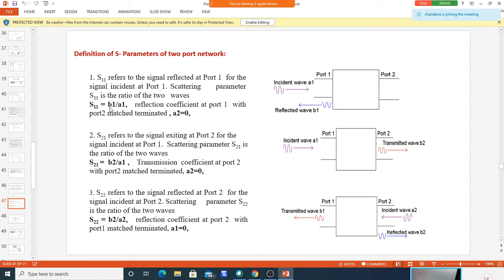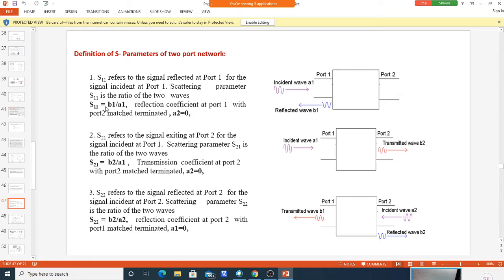As I said in the previous class, we do not use a voltmeter and ammeter for measuring voltage and current. Here the waves are measured, and also the ratio of those two is measured. So this S11 is easily measured using a vector network analyzer. That equipment gives the ratio S11, that is, the ratio of B1 by A1. How much B1 deviates from A1 is measured by this S11. So directly we can read this value S11 from the network analyzer.